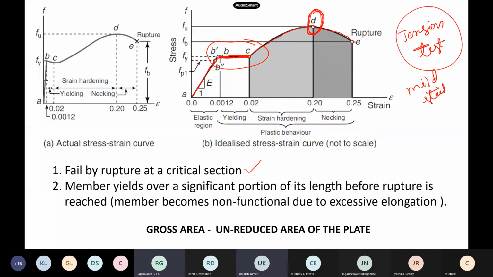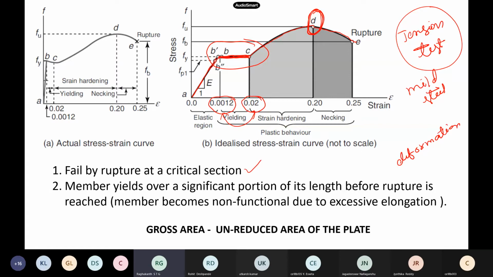Strain is increasing. So strain, how much has it increased? If you see the numbers here, can you see here? How many times has it increased? Approximately up to 2%. If you take the ratio between these two, it is about 10 times or something like that. So a factor of 10 is getting added. So strain is increasing, which means deformation is increasing, the change in length by original length. So elongation will be too high.